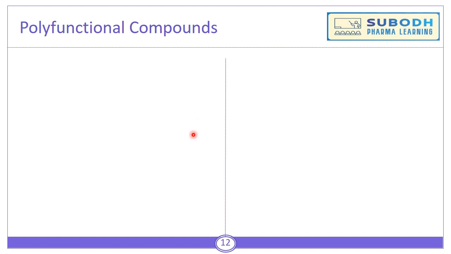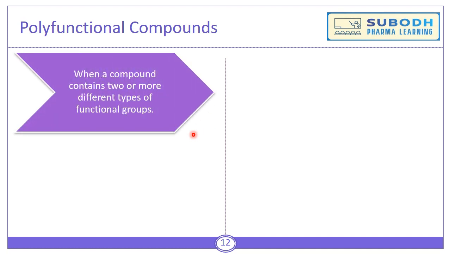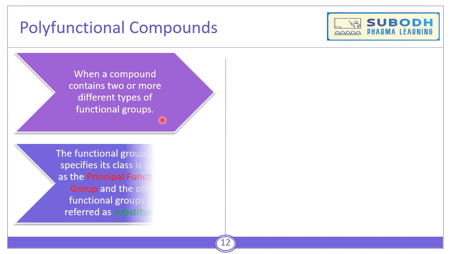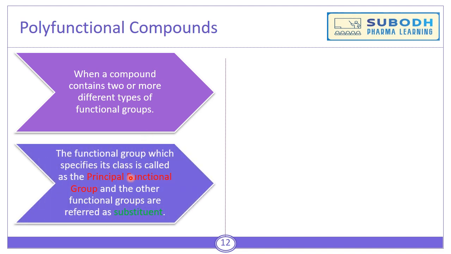Now we will see what are polyfunctional compounds. A compound that contains two or more different types of functional groups is known as a polyfunctional compound. The functional group which specifies its class is known as the principal functional group, and the other functional groups are referred to as substituents. For example,